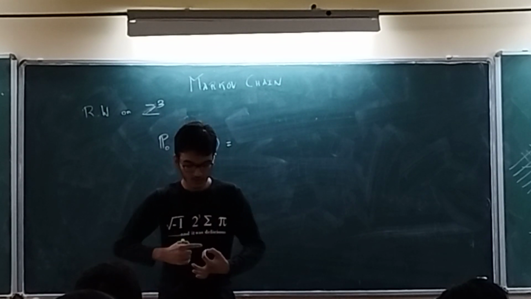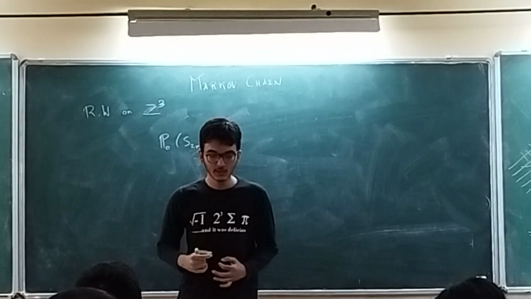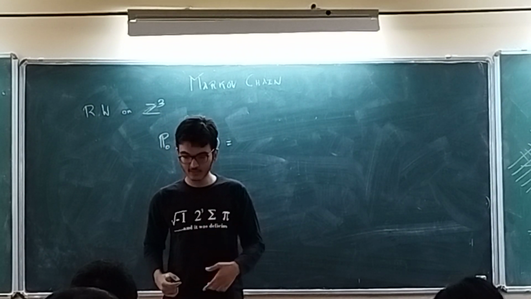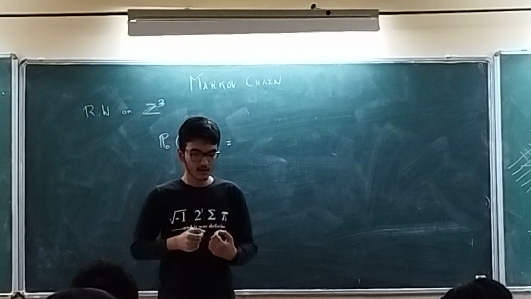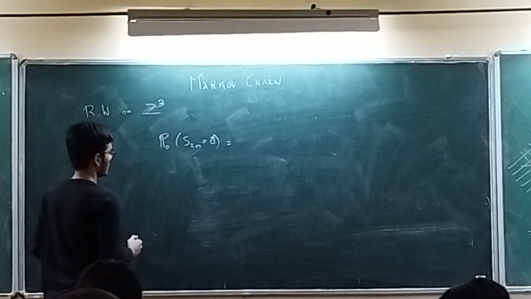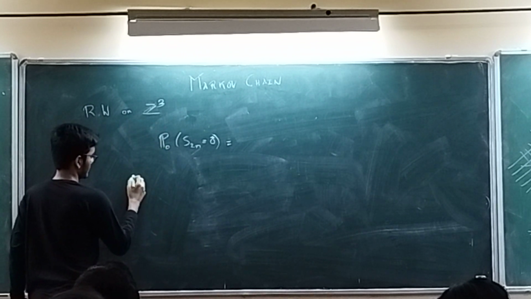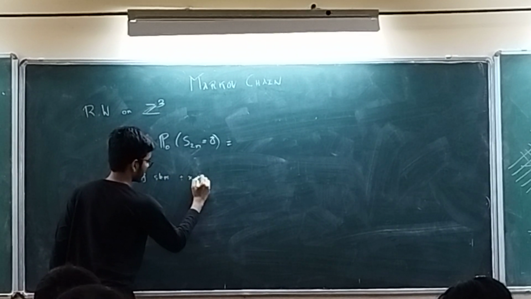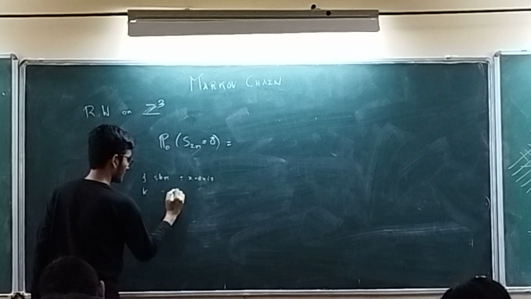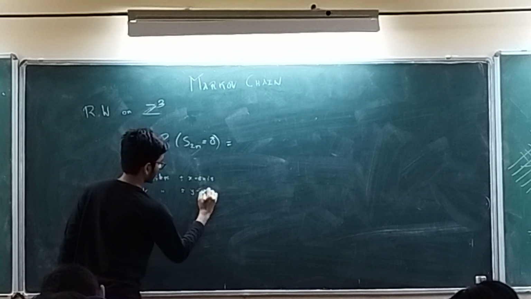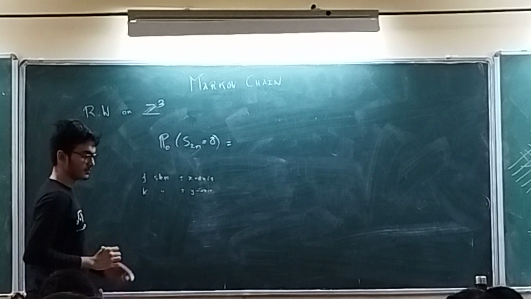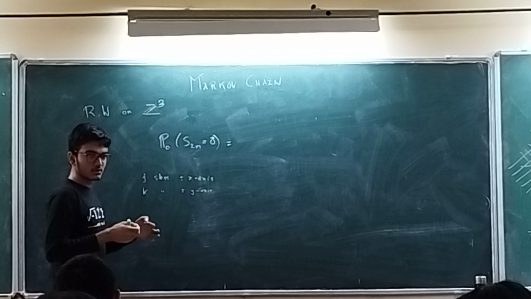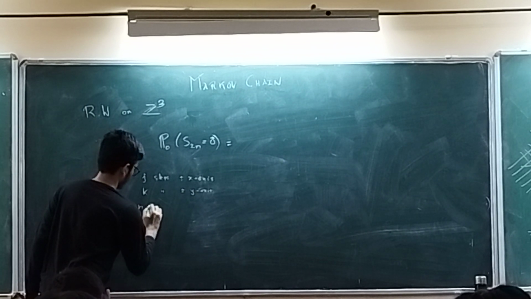If you start at 0 and want to return to 0, you need to take an equal number of steps in the positive and negative z axis, as well as the positive and negative y axis, and the positive and negative x axis. So let us assume that it has taken j steps in positive and negative x axis, k steps in positive and negative y axis, and what is the number of steps left with us? 2n minus 2j minus 2k. Now we again need to divide them equally in positive and negative direction.